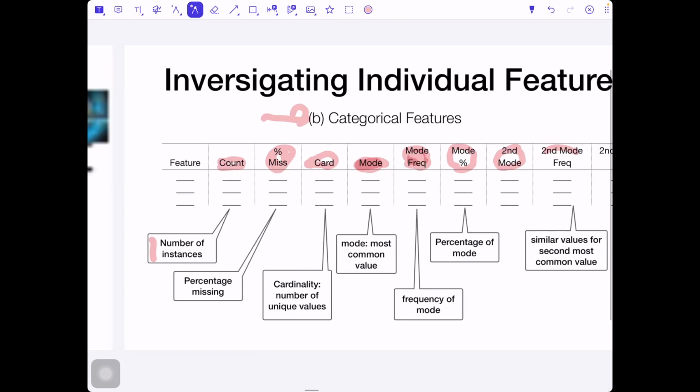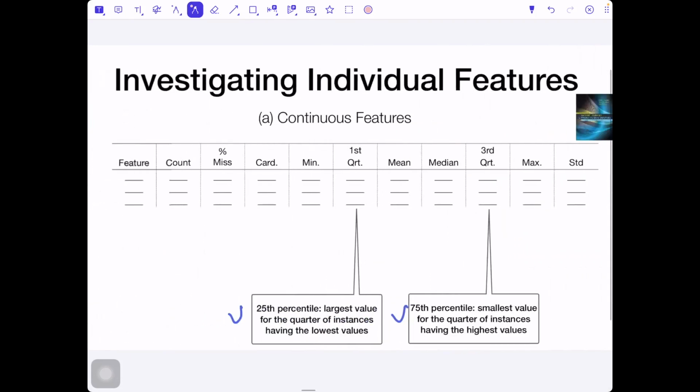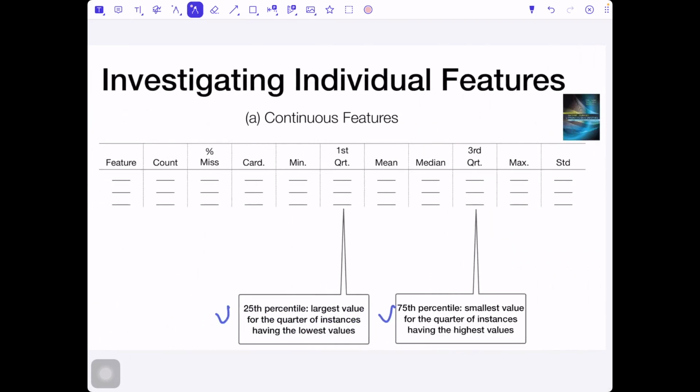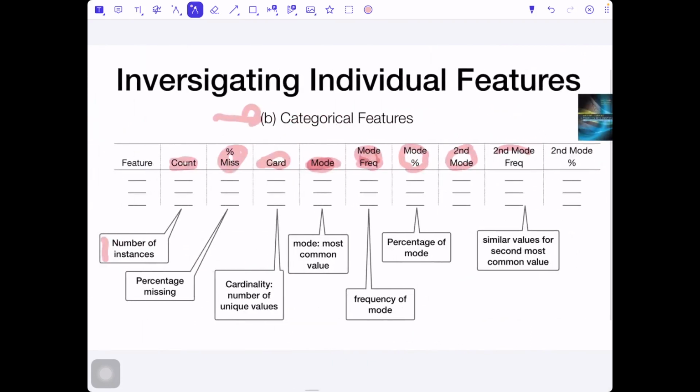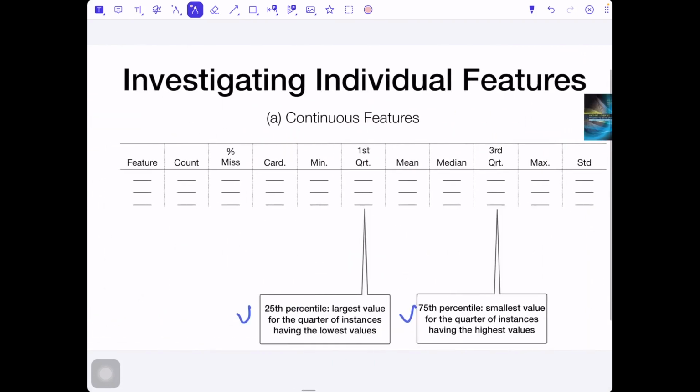We have the table for the continuous features, like this one, and we have the table for the categorical features, like this one. For every feature, this table gives us some summary, like how often this feature occurs, so whether this feature was defined for all instances, or there are some instances where this feature wasn't defined.